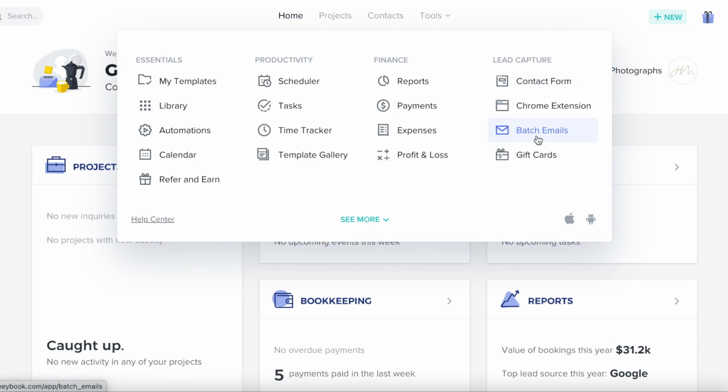Batch emails, this is really cool if you want to create an email list, or if you just want to send an email out to everyone if you have a sale going on, something like that. I think that's cool. And then gift cards. And then if you just click see more,